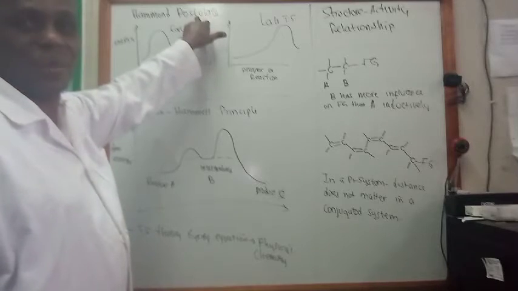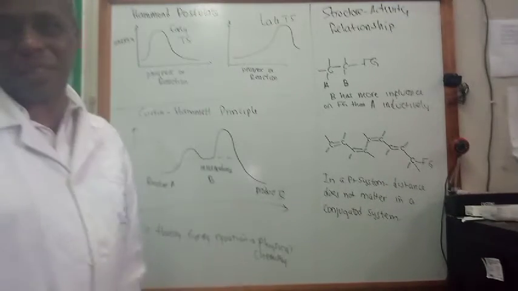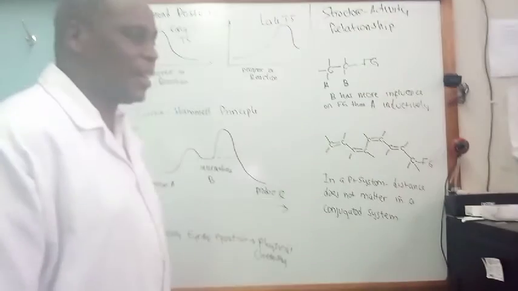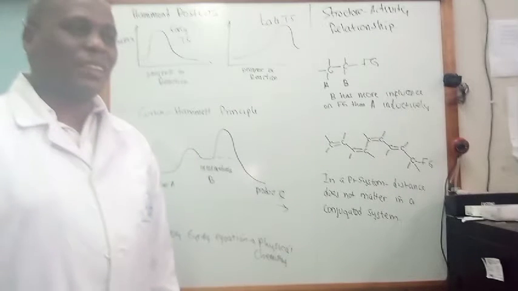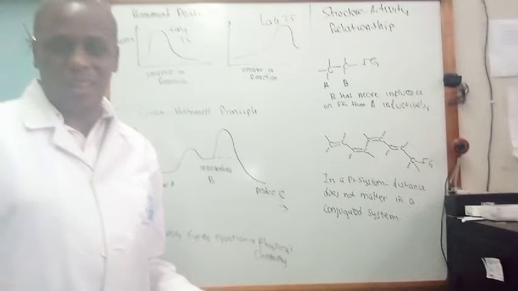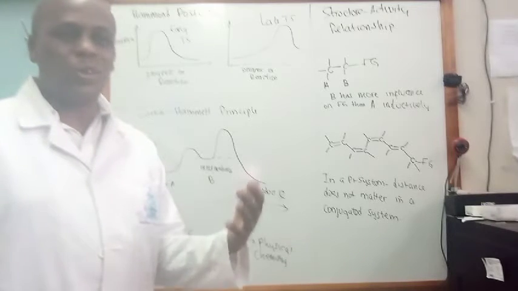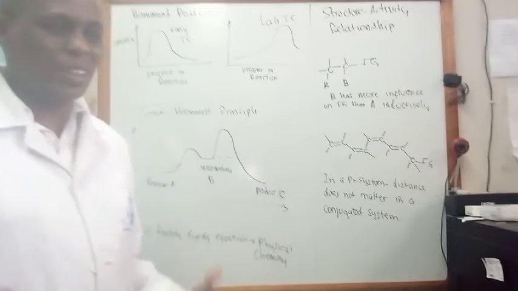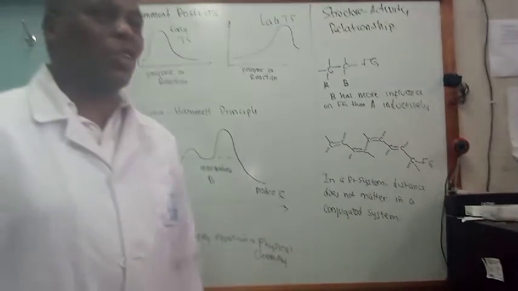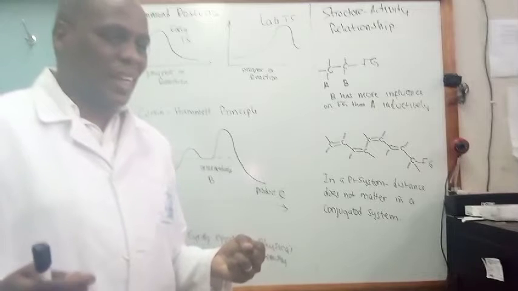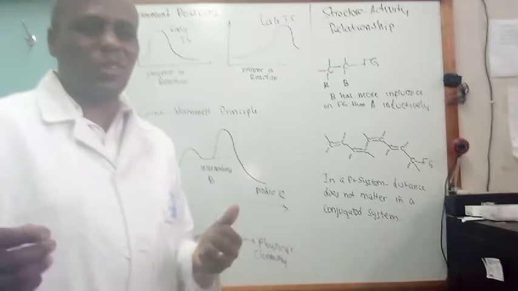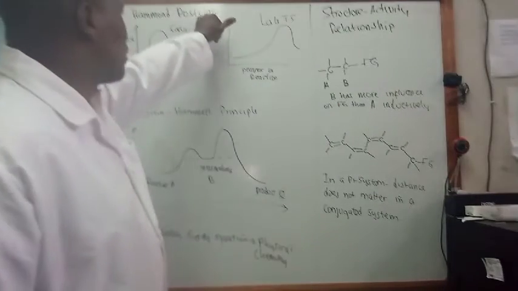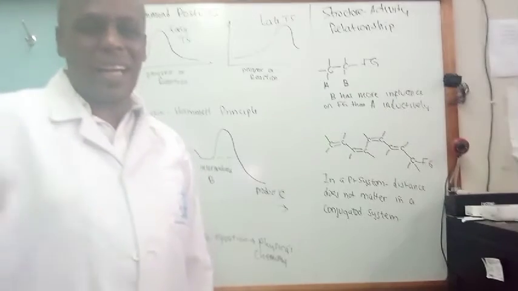There's the word postulate here, and then there is a principle. I think by now you know the difference between a postulate, which tries to explain what is actually happening for something that has not yet been proven or does not yet agree with the experimental facts, in which case it becomes a theory. So you know there's a difference between a postulate and a theory.